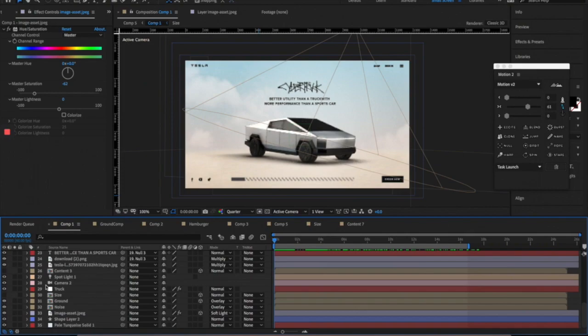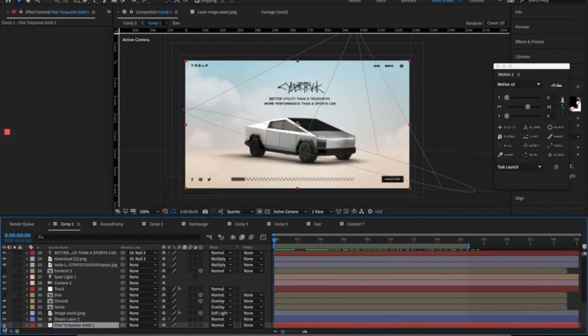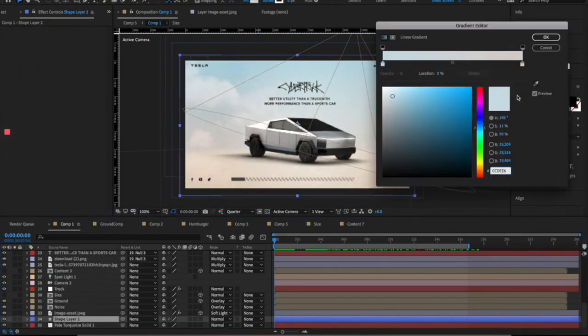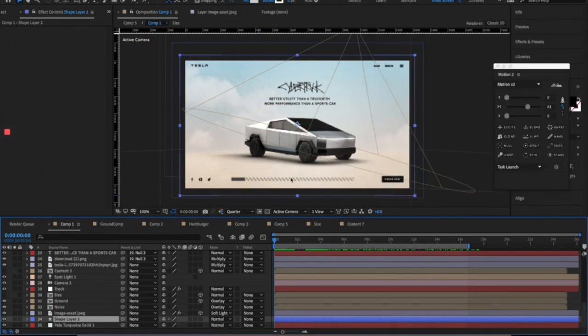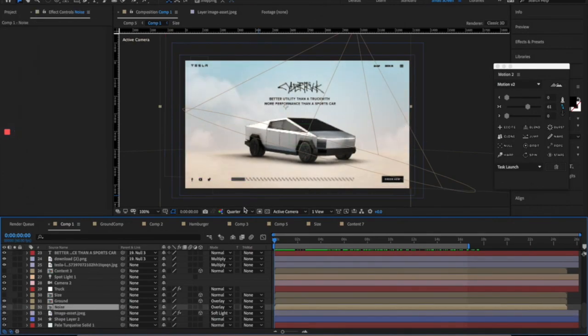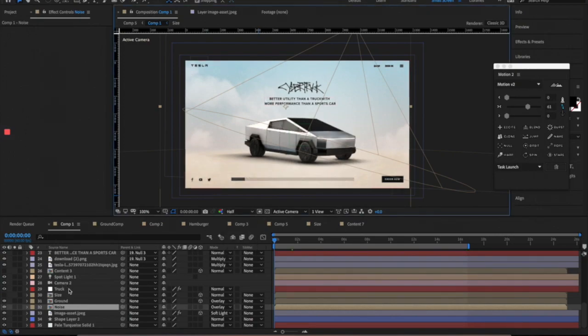So let's see, what I have here is the background. You cannot see it because it's already covered by this. So this one is just layers where I put a gradient, this color and this color together. This one's for the ground, this one's for the sky, and this is the cloud. Maybe let me turn this up a little bit so you can see it easier. And I have the ground here,